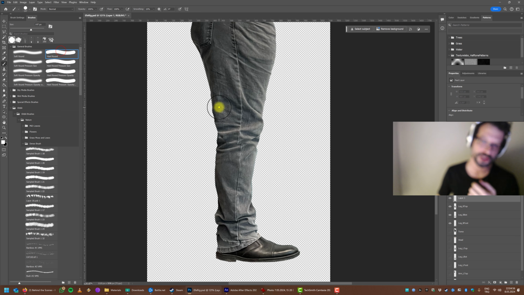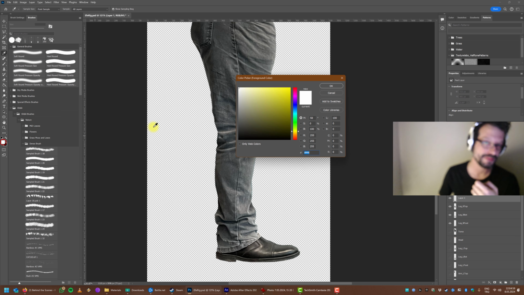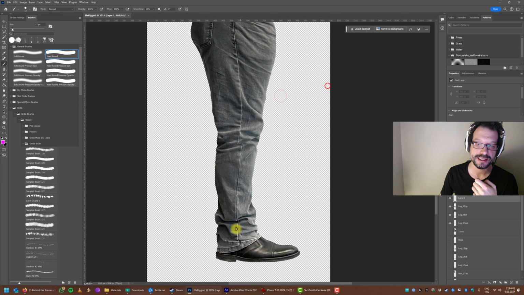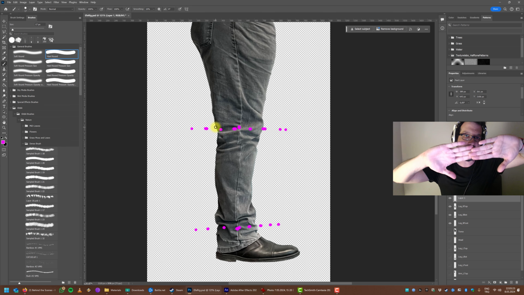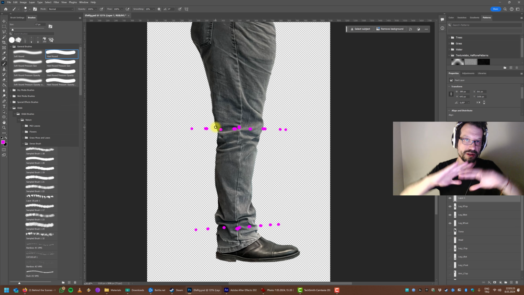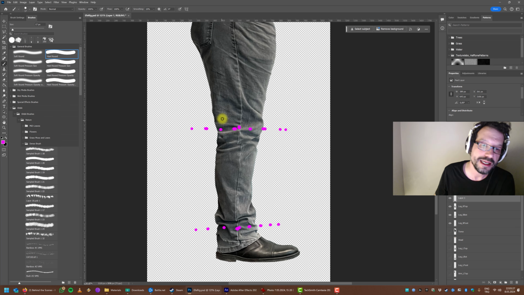Let me grab a brush and a color, something like this. The intention here is to rotate these joints from these locations. Let's say this is the center of rotation for the lower leg, and this is the center of rotation for the foot. Okay, so if you cut the layers like so, obviously they're going to be detached as soon as rotation occurs. Instead, if you cut them like this